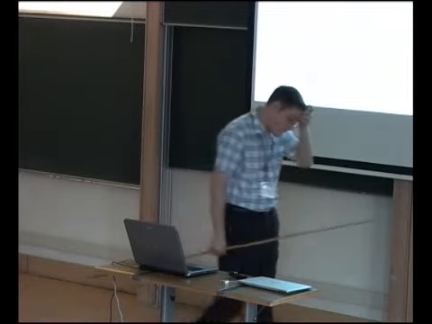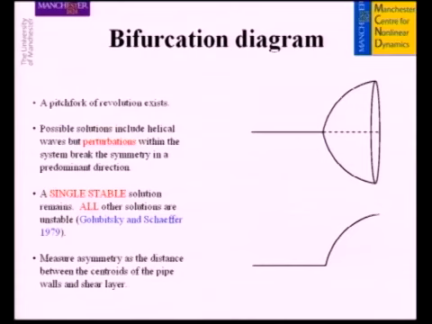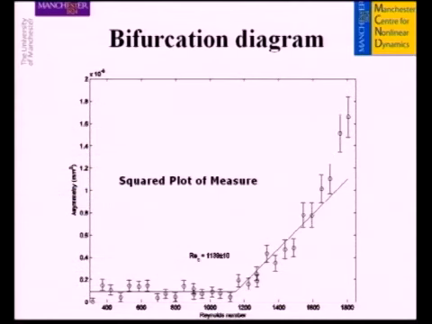For a given system, yes, but in a different pipe system, it went over to a different direction. Okay, so what's happening is we've got a pitchfork of revolution, but if you add any small perturbation to this at all, these solutions disappear, and we're only left with one stable solution. This was shown by Golubitsky and Schaeffer in